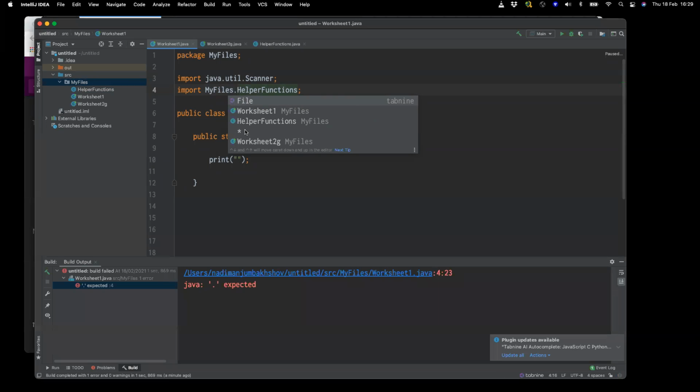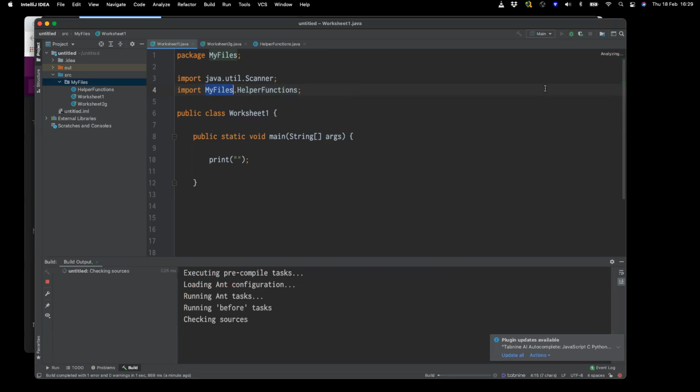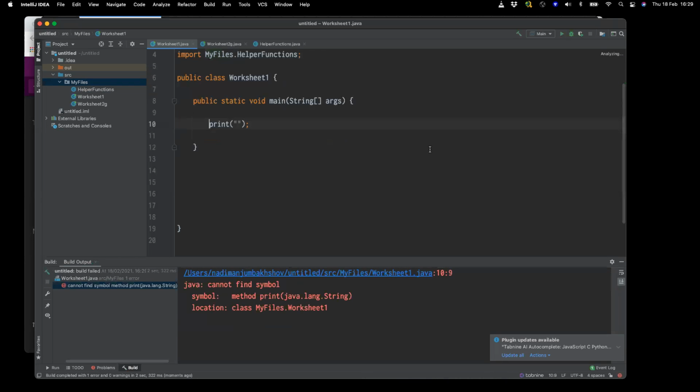So there you see helper functions is there. So I can just click that. Let's get rid of that one. On its own, you can't simply drag it in. So notice I use the folder, the package folder, and then I specify helper functions. Let's run it. Let's see if we can find the print function. Oh, it didn't like that. Print. Why not? Cannot find it. It's always funny how this happens, but it's actually a really good problem.